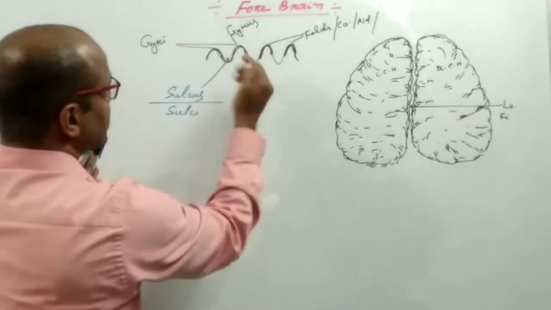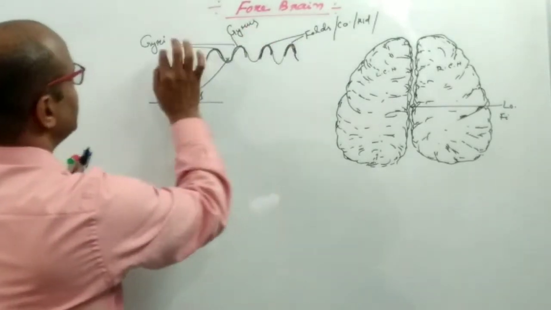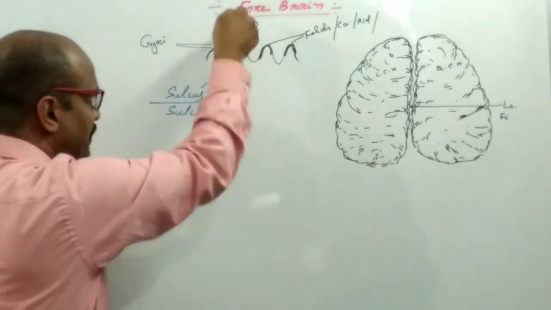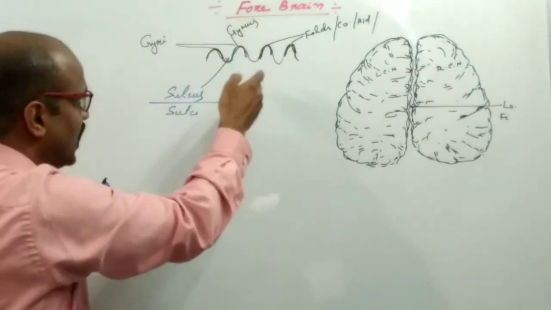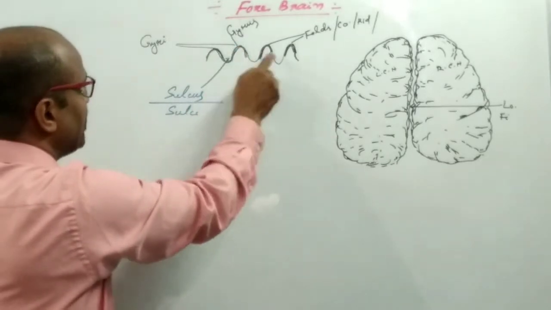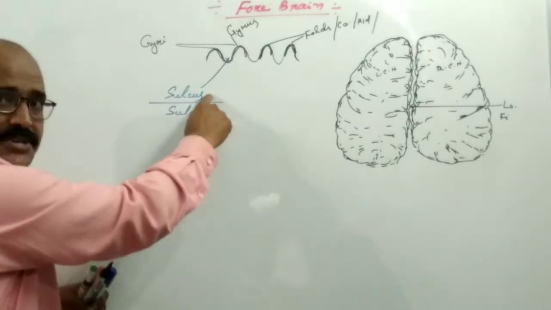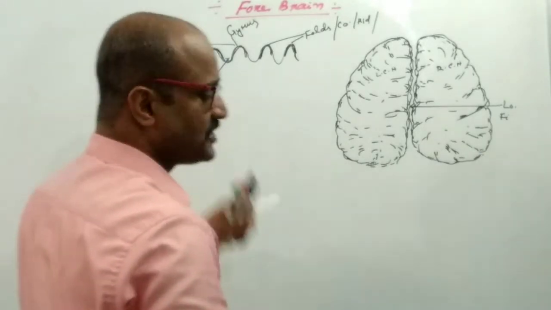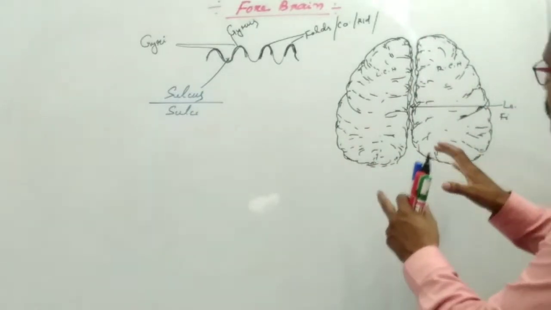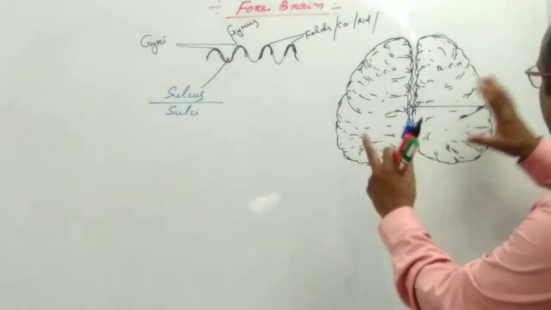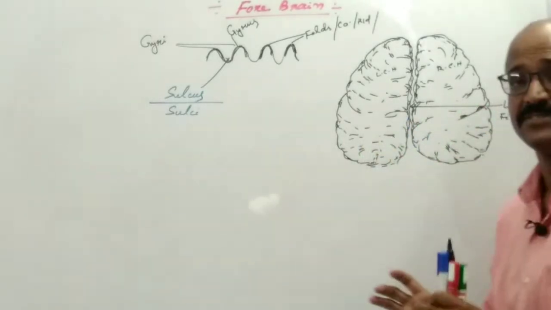If you take a section, this is the fold, the convolution which goes upward, known as the gyrus, and the depression or furrow which goes downward in between two gyri is known as the sulcus, singular, and sulci is the plural. The number of gyri and sulci on the surface of the cerebrum immensely increases its surface